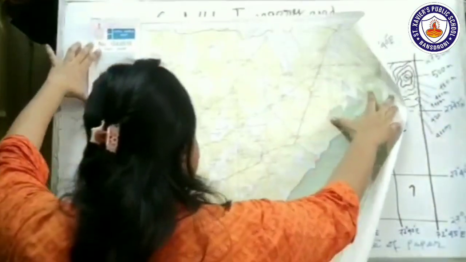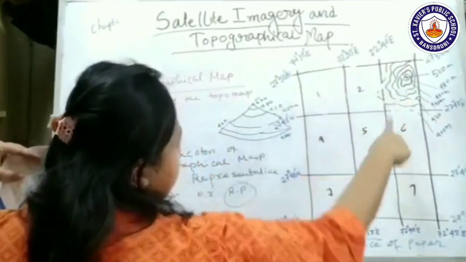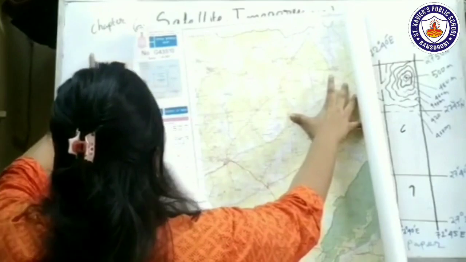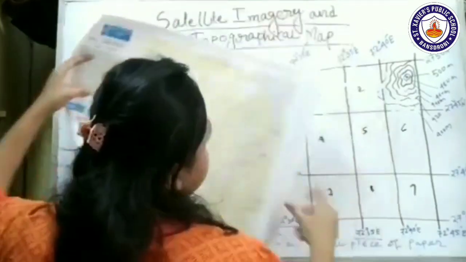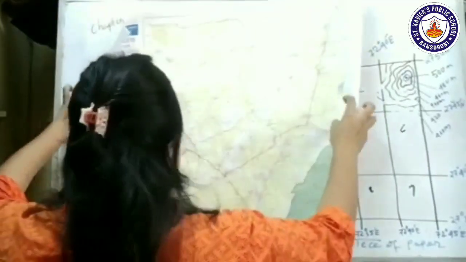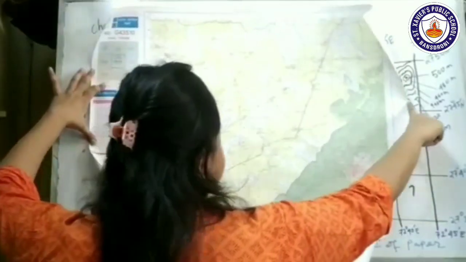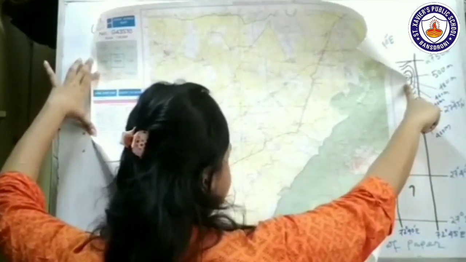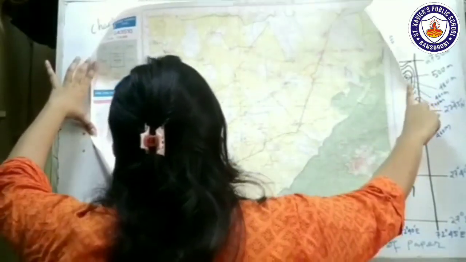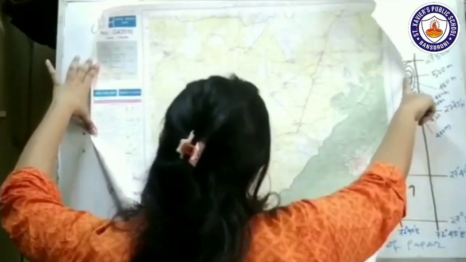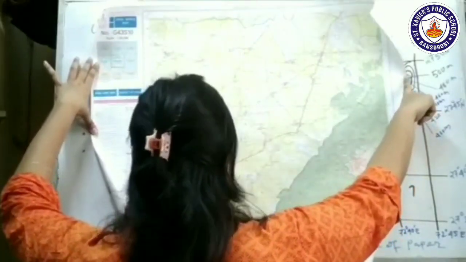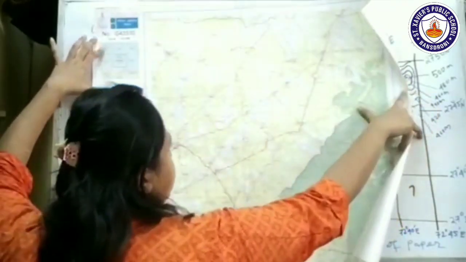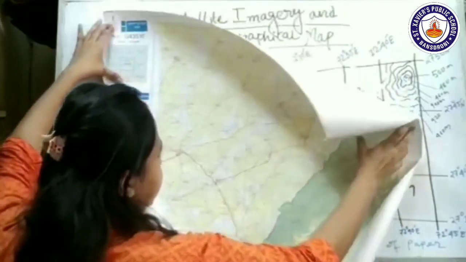It has 9 parts. In the beginning, I already showed you it has 9 parts. You see that 1, 2, 3, 4, 5, 6, 7, 8, 9. It has 9 parts. You can see that this is the raw form of the topographical map. I think it's clear to all of you. Just remember that the topographical map is a piece of paper which covers the social, cultural and physical features of the particular land area.